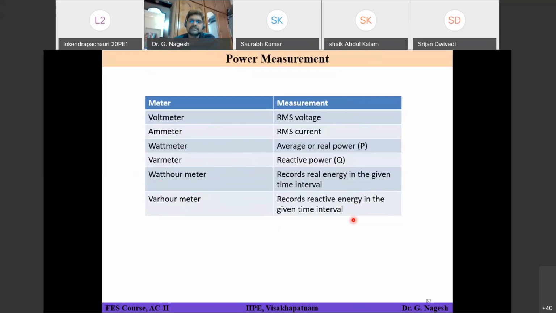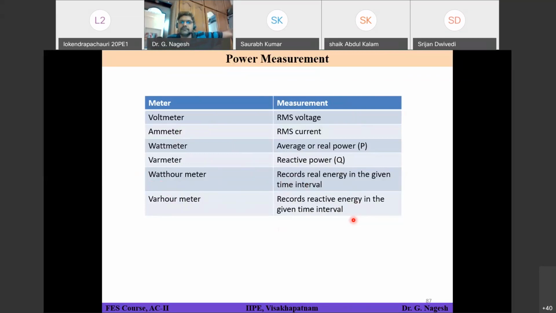Let's say in one hour it has made 100 revolutions, then you will get this much bill. Next hour, let's say you have completely switched off your load, then the bill will be very minimal. So that is basically called the energy meter. It will determine how much energy you have consumed. Energy is nothing but power into time, right? So in a specific time interval, how much power you have consumed is your energy. Based on that energy, they will give you the bill.